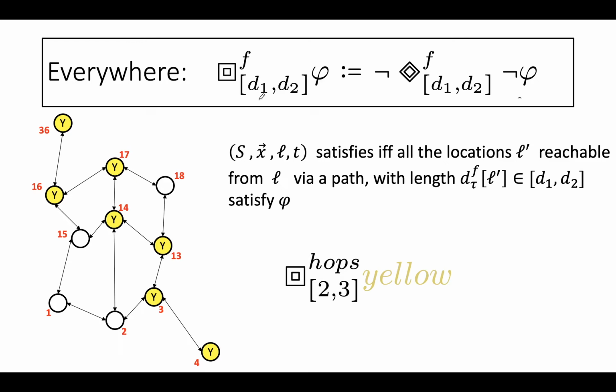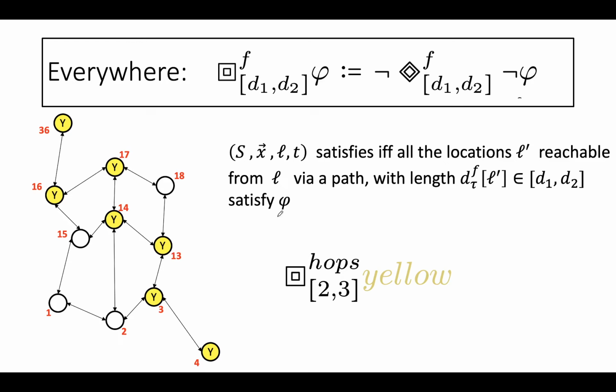So a spatial model and a spatio-temporal trajectory satisfy the everywhere property in location L at time t if and only if all the locations L prime that are reachable from L via a path with a length that belongs to the interval d1 and d2